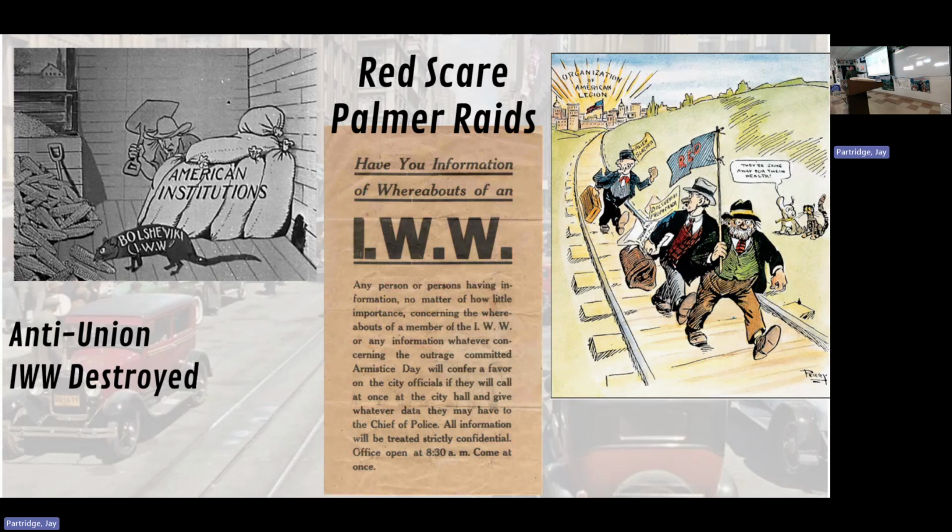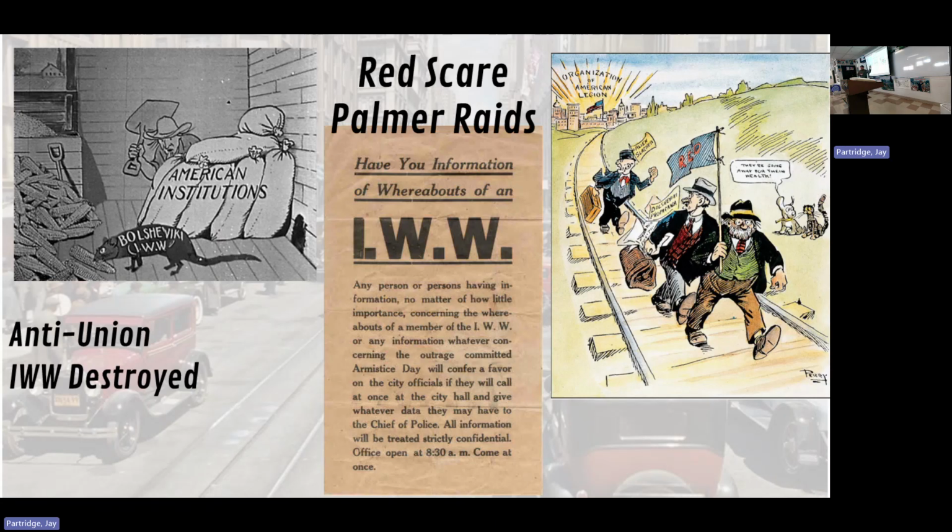And the International Workers of the World, the Wobblies, who I mentioned before from Butte, were destroyed. In fact, their leadership were arrested, no charges, arrested and exiled. Big Bill Haywood, the leader of the International Workers of the World, was sent to the Soviet Union. So they just exiled American citizens, kicked them out of the country. That was 1920, 1921. And so when President Trump talks about doing that today, there is precedent. We could disagree with the precedent or agree, but it has happened before in American history.